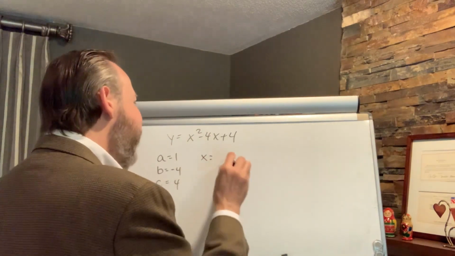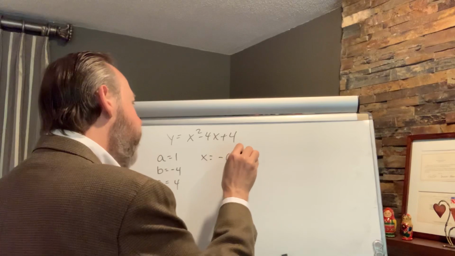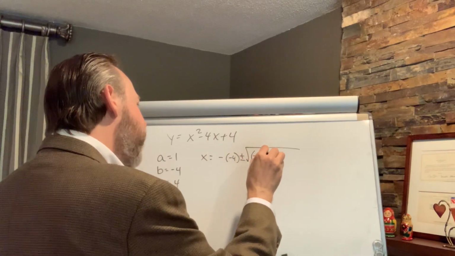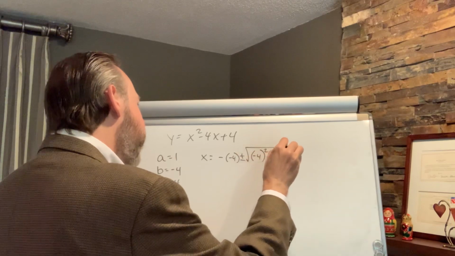X equals negative 4 plus or minus the square root of, parentheses this time, negative 4 squared minus 4 times